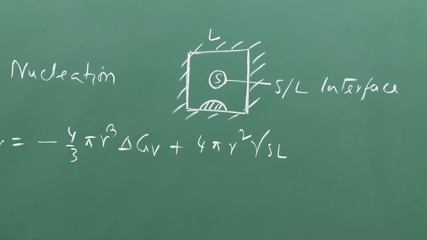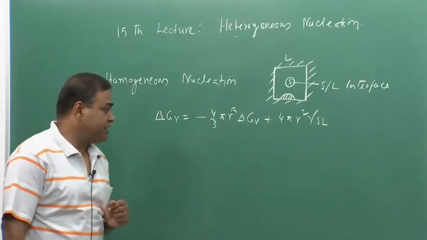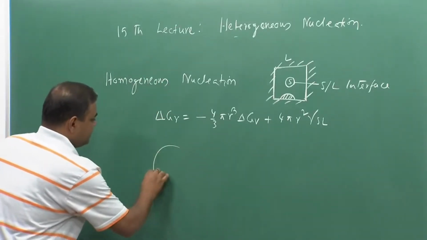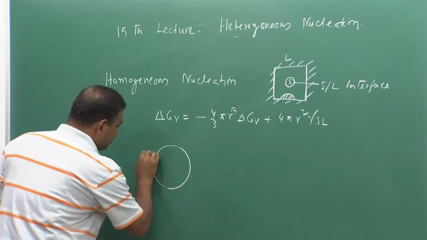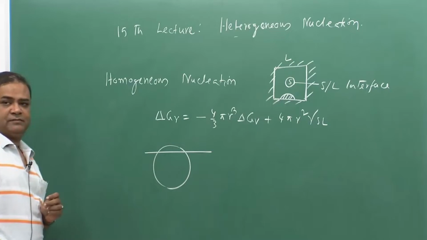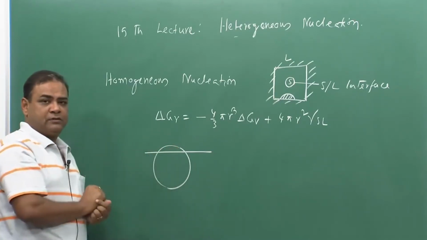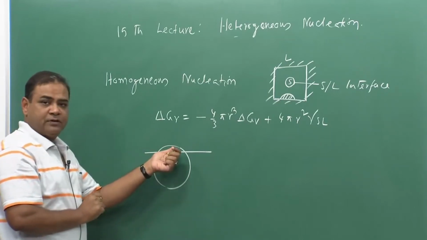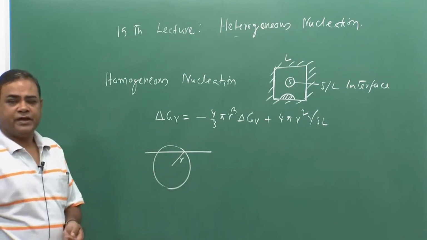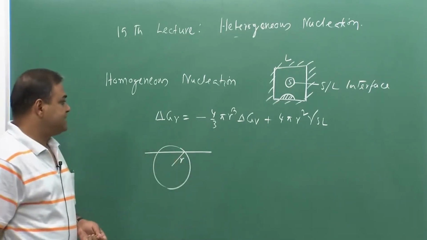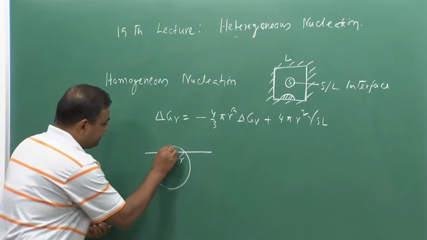Now, interestingly, let us assume that the solid is basically a spherical cup. If we have a sphere and we truncate the top of the sphere, it becomes a spherical cup, and that cup will have a radius of r. Now, if we consider that this cup is forming, that means this is the part of the solidified portion